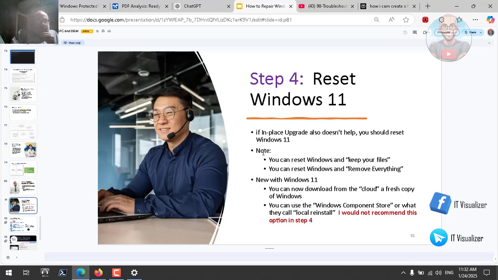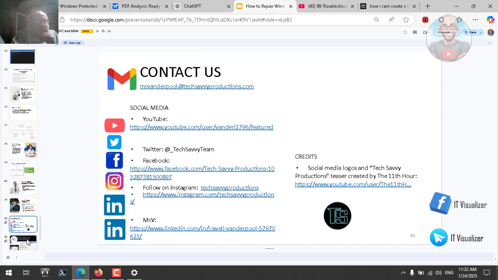Anyway, so you have a lot of steps to do. You can repair the Windows operating system. If it is related to corrupted file systems, you can repair the registry. If it is related to the registry, you can tell it to make an upgrade in place. If this didn't work, you can tell it to reset the Windows. This is the last thing you can do, by keeping your files but removing everything. Okay, so this is one good thing, and at the end